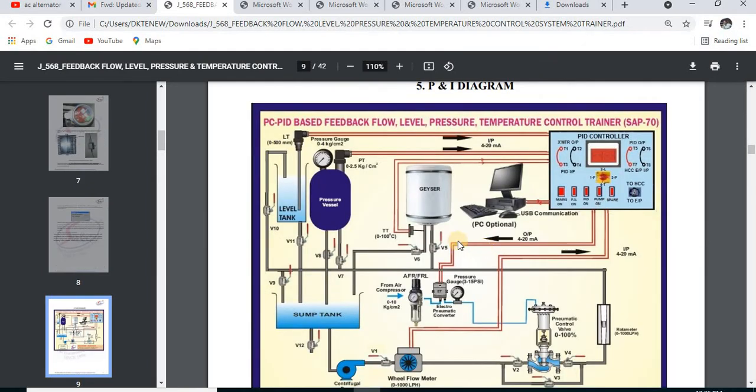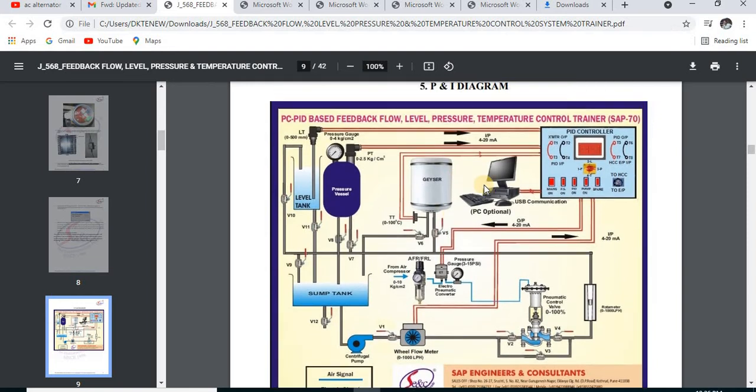This is the diagram. I'll zoom out. This is how it is going to work. The geyser is used to heat the water. The pressure vessel is used to measure the pressure. The sump tank is used to circulate the water throughout the kit.